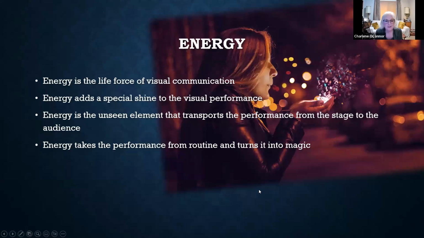And that's what's so wonderful about these musical productions that we can learn so much from, is the hours that they spend working, using their core to deliver their message, whether they're talking or singing. They have the internal energy, that emotional vocal passion, and that unseen special shine of energy visually, all working together. Excellent. That's good. So let's go ahead and move on to unity.